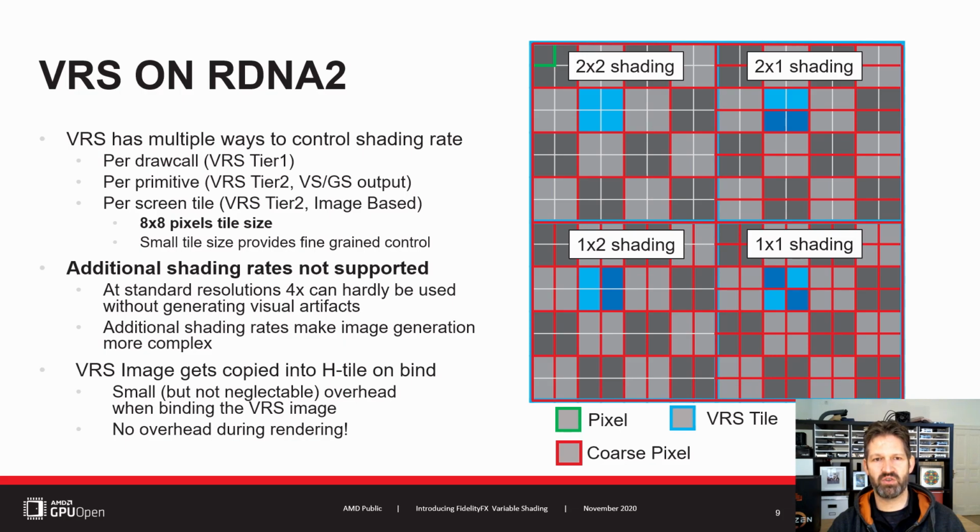Tier 2 defines two additional ways of selecting shading rates. An engine can export SV shading rate from the vertex or geometry shader to determine shading rate on a per primitive basis. This way, lower shading rate could, for example, be selected for parts of an object that are far away, close to the screen edges, or having a normal which is close to being perpendicular to the view direction. This could also be used by artists to manually define which primitive requires lower shading rate than others.